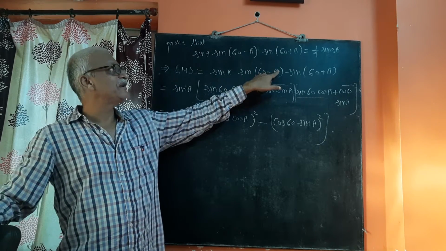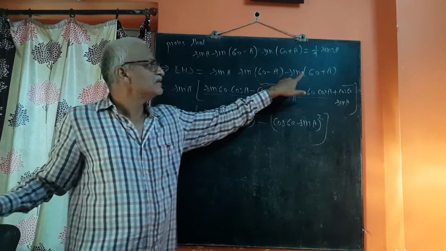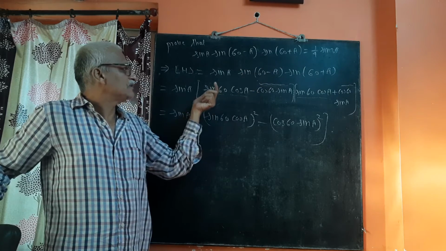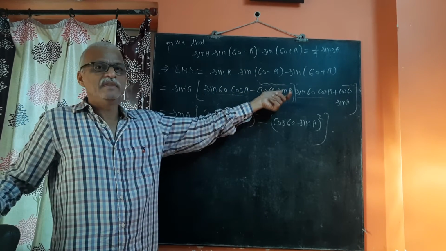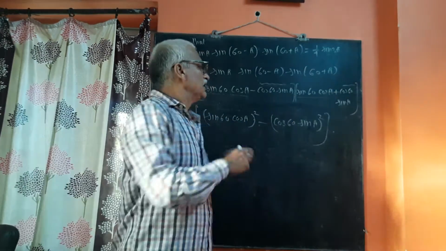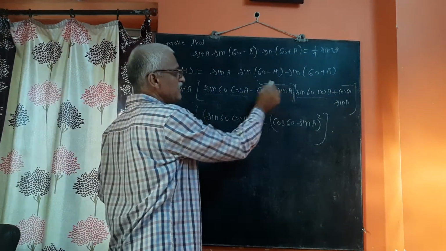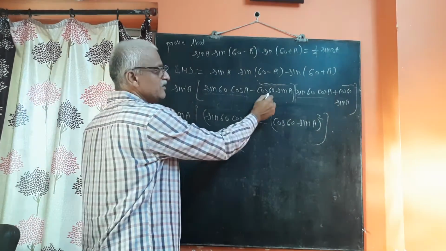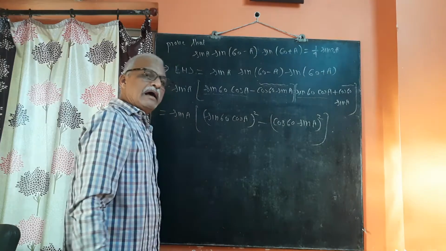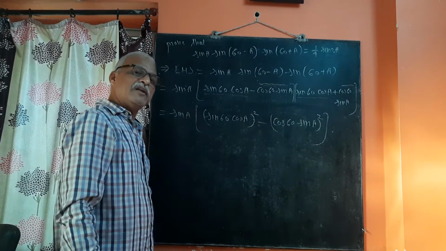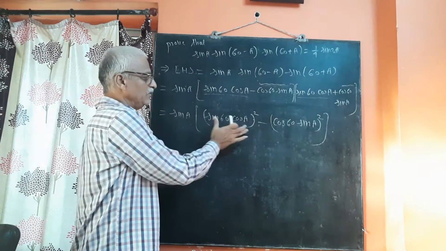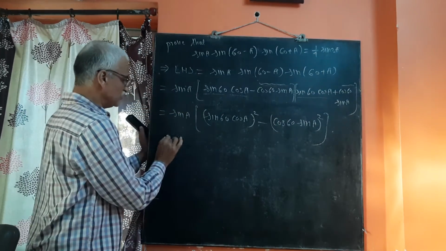We have applied sin of 60 minus A, that means sin of A minus B. Then sin of 60 plus A, that means sin of A plus B. Sin of A minus B, we have got sin 60 cos A minus cos 60 sin A. Sin of A plus B, we have got sin 60 cos A plus cos 60 sin A. If you consider the first term as x and the second as y, then it is in the form of x minus y into x plus y, that is x square minus y square. So applying that algebraic formula here, the first term square minus second term square is equal to